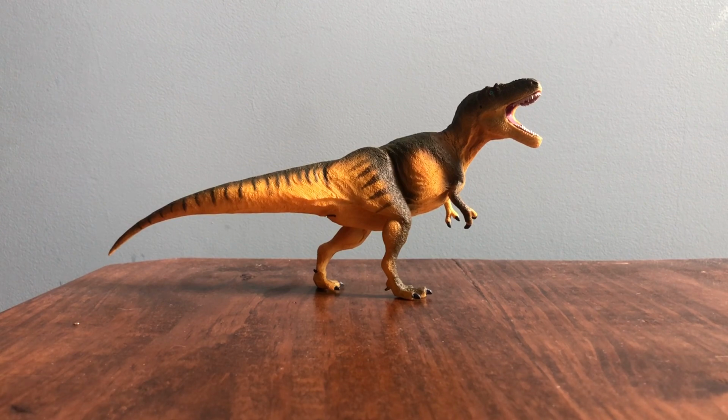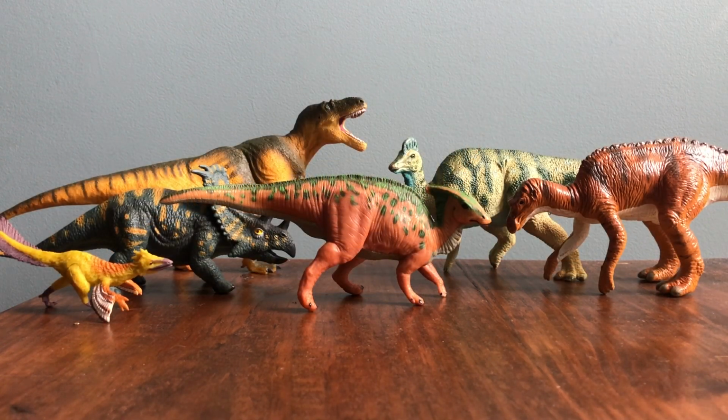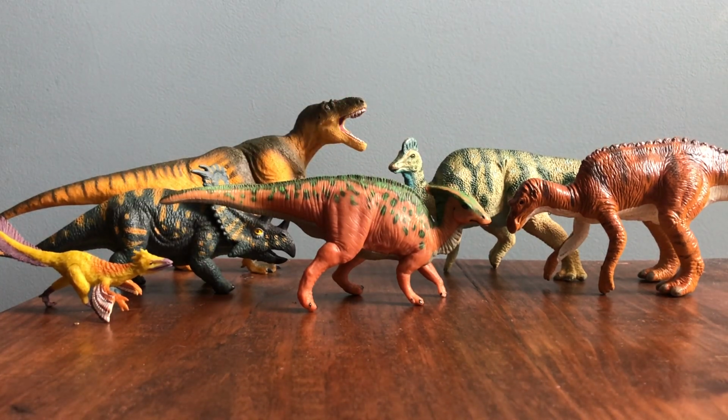So we'll go over some of the formations that Daspletosaurus was specifically found in. Starting with the Oldman Formation in Alberta, Daspletosaurus would have lived with a lot of different dinosaurs, including Hesperonychus, Chasmosaurus, Parasaurolophus, Corythosaurus, and Maiasaura. In this formation, Daspletosaurus appears to be the only big or larger theropod, so it was probably